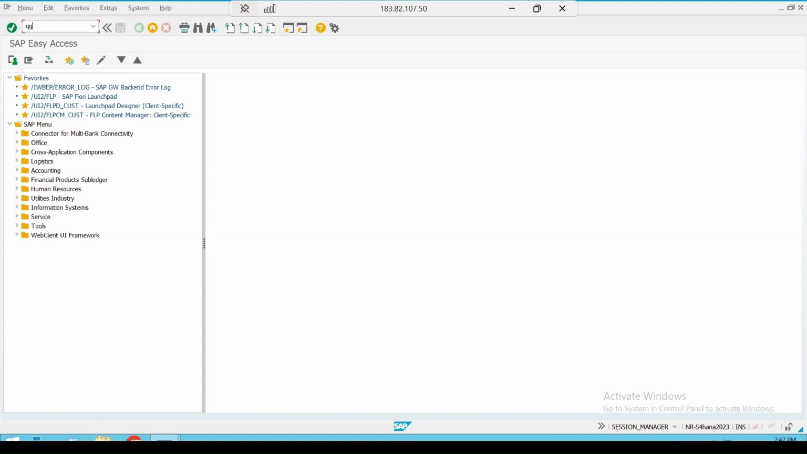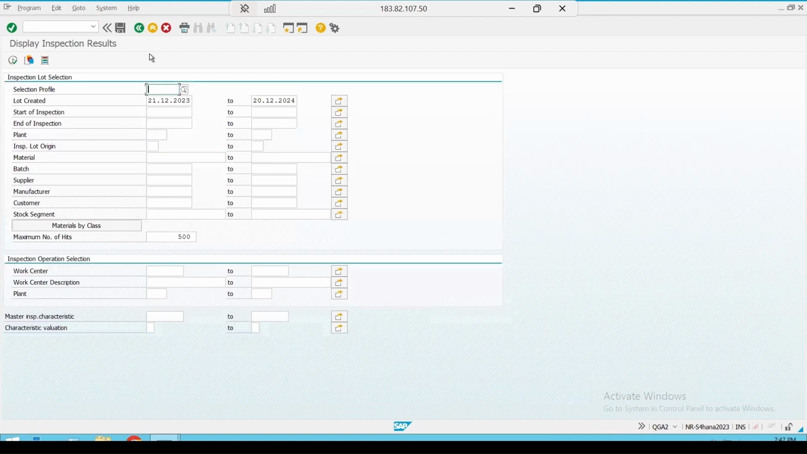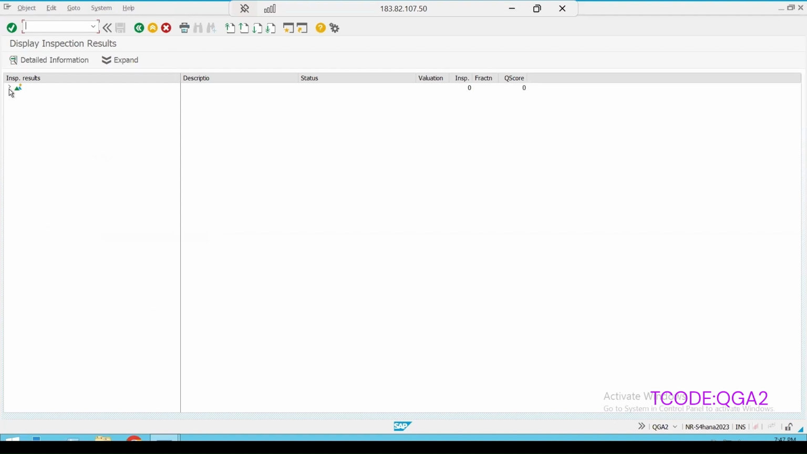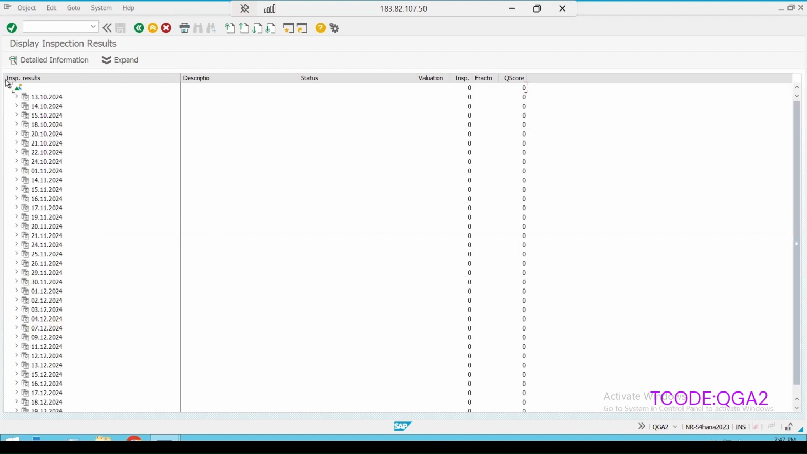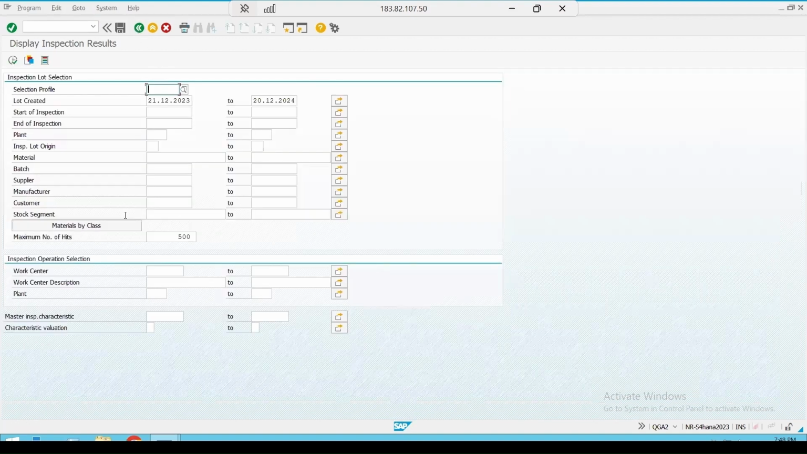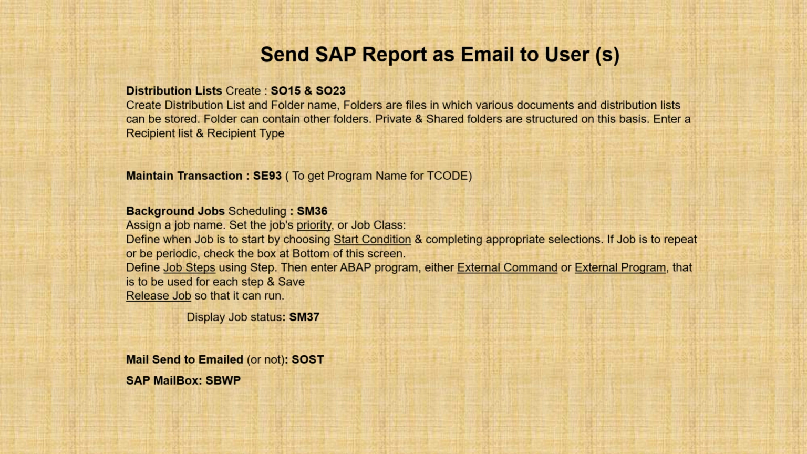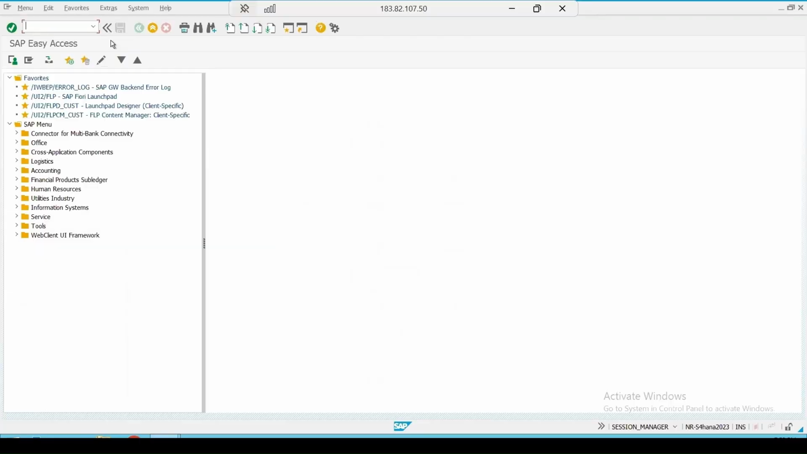Report QGA2, which is an inspection result report. If I execute it, it will give me the date-wise report. Okay. And if you get a requirement that the client wants the output of the report to be mailed to their email address or to their SAP Business Workplace, that is, their SAP login ID,